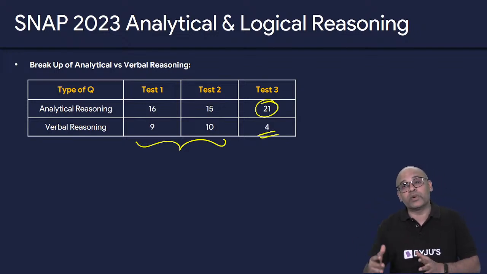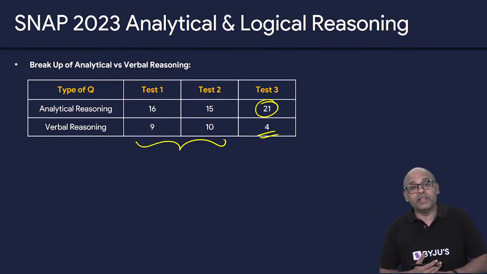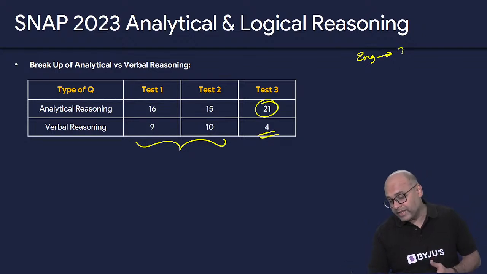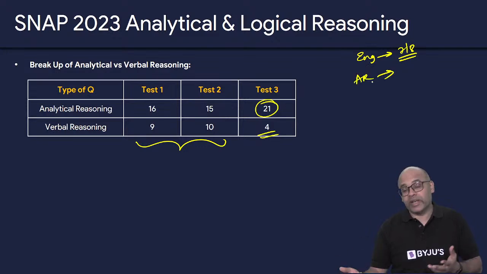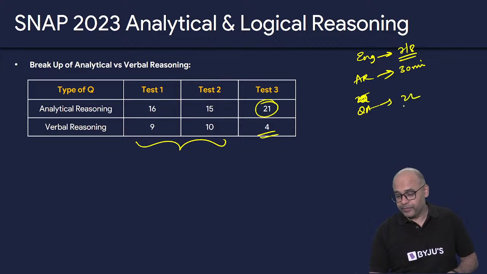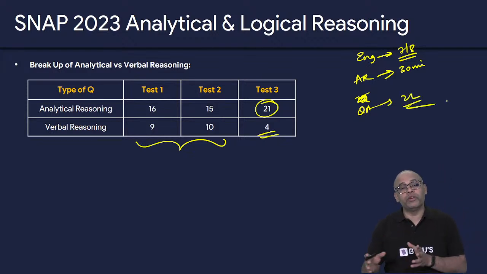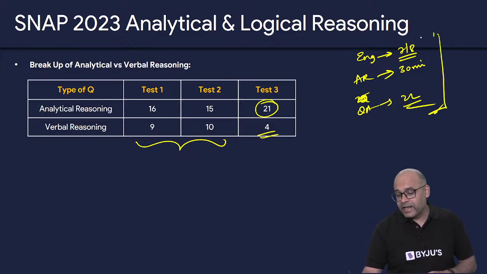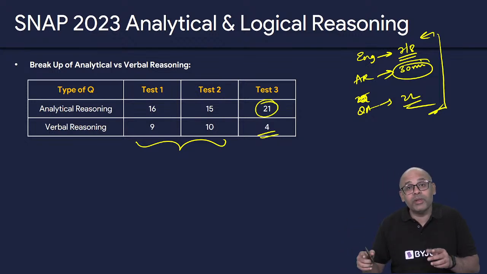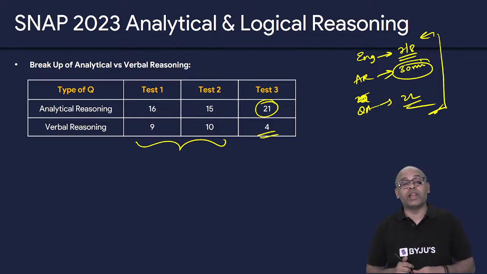You could have answered the 25 questions in probably about 30 minutes. I would have said for English, a good number of minutes to be attempted would have been 7 to 8 minutes. In the second section, which is analytical reasoning, a good number of minutes would have been about 30 minutes, and the remaining 20-22 minutes, whatever is left out, would have been in your quant section. This would have been an ideal breakup in this particular case, simply because you had more score available in your analytical reasoning. Not just the score available, the questions were attemptable in your analytical reasoning section.